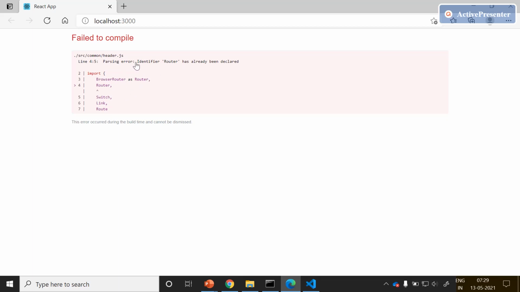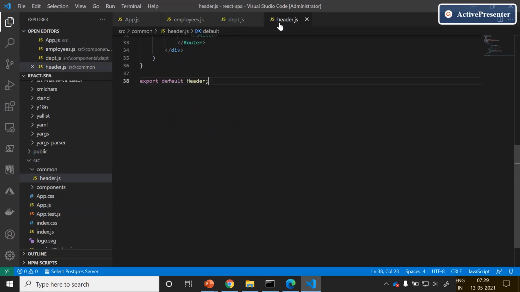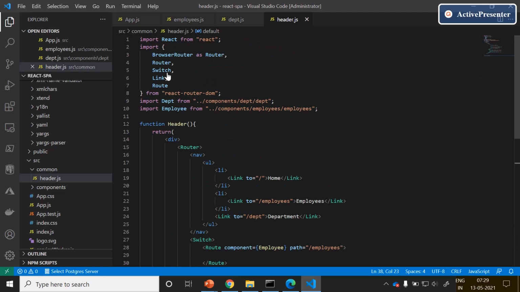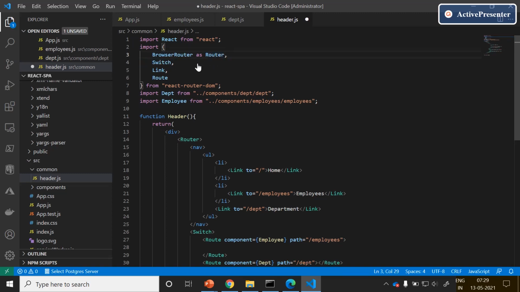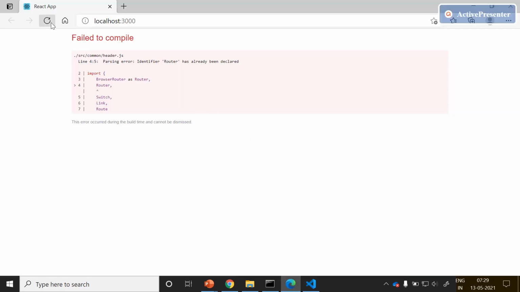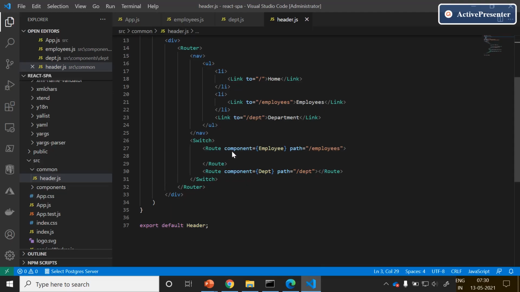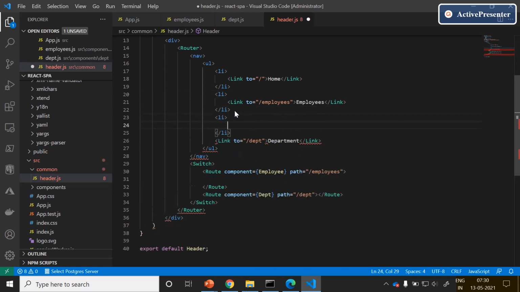Here we are seeing one parsing error, that is router has already been declared. We go back to our header.js and see, browser router is already declared. Just refresh this localhost. Department is not showing the li element. We go back to add the li element.